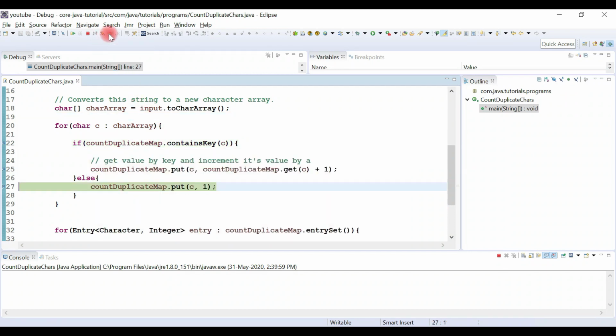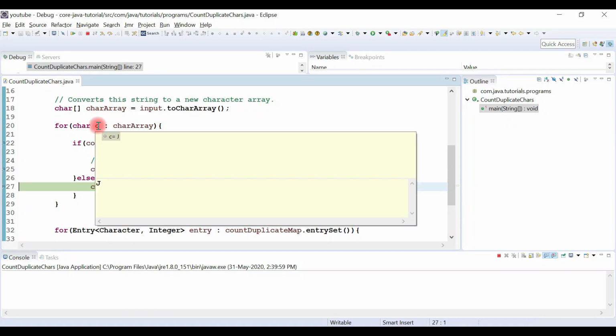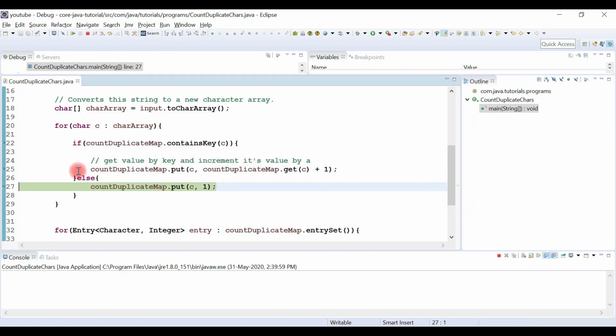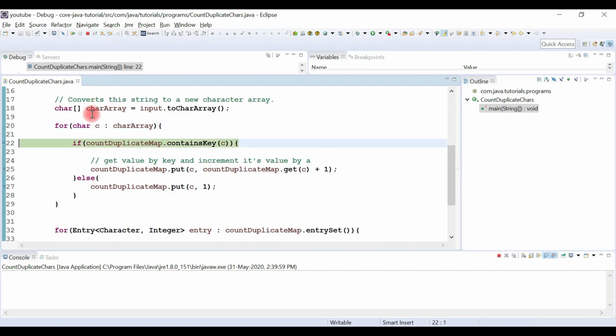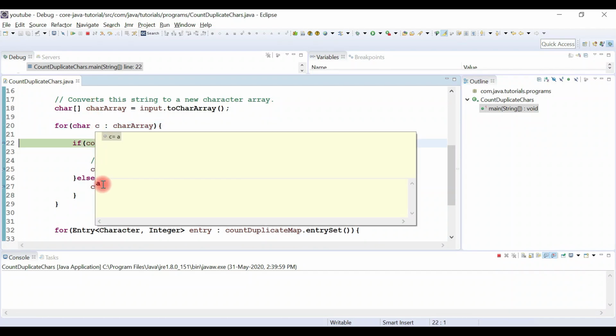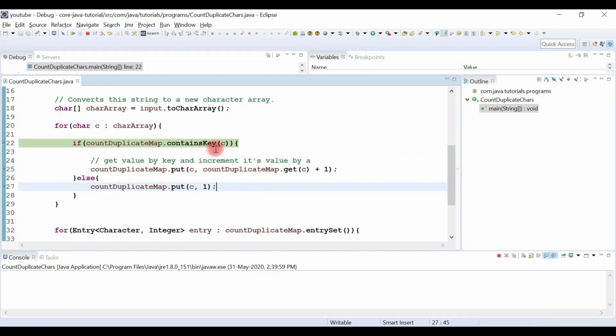Let's go one more step ahead. Look here, this char j is not present in the map, so it goes to the else condition and it will add an entry to the map. So look here, j and its count is 1, so this entry is added to the map. Now c contains a, and a is also not present in the map, so it goes to the else condition.